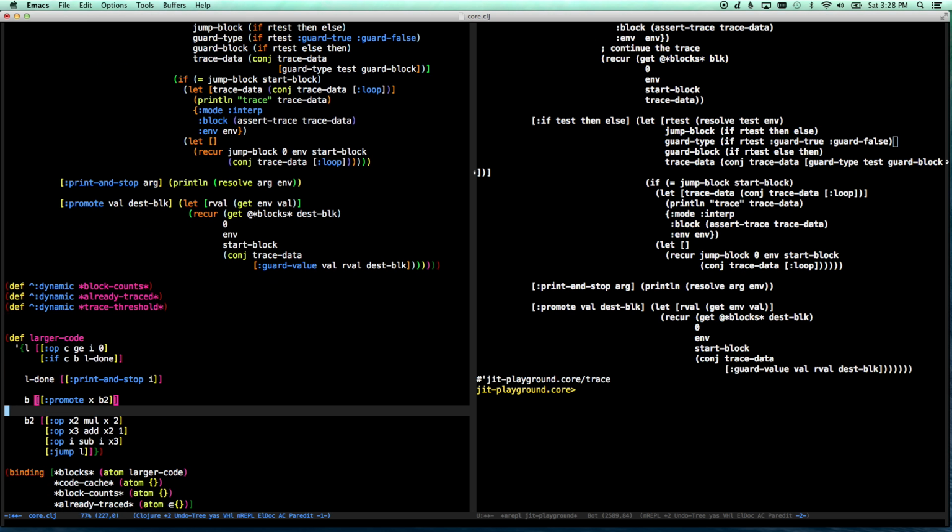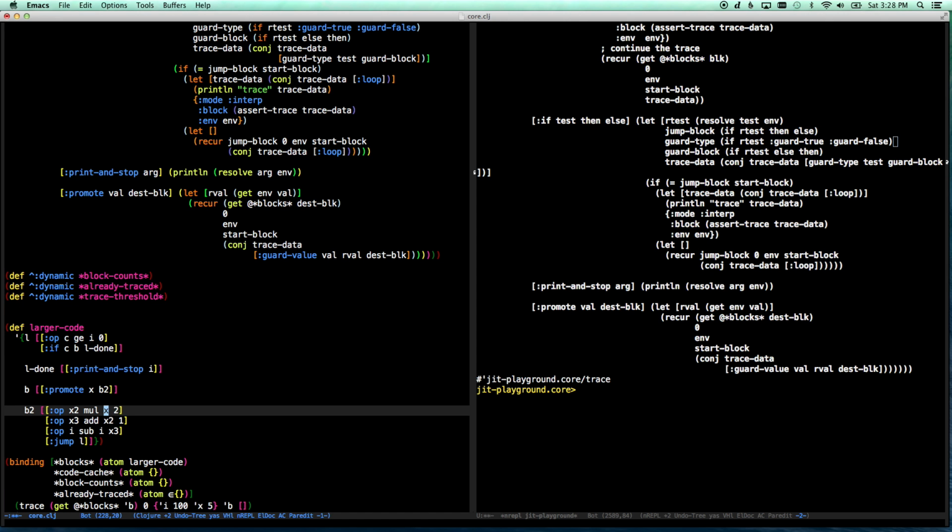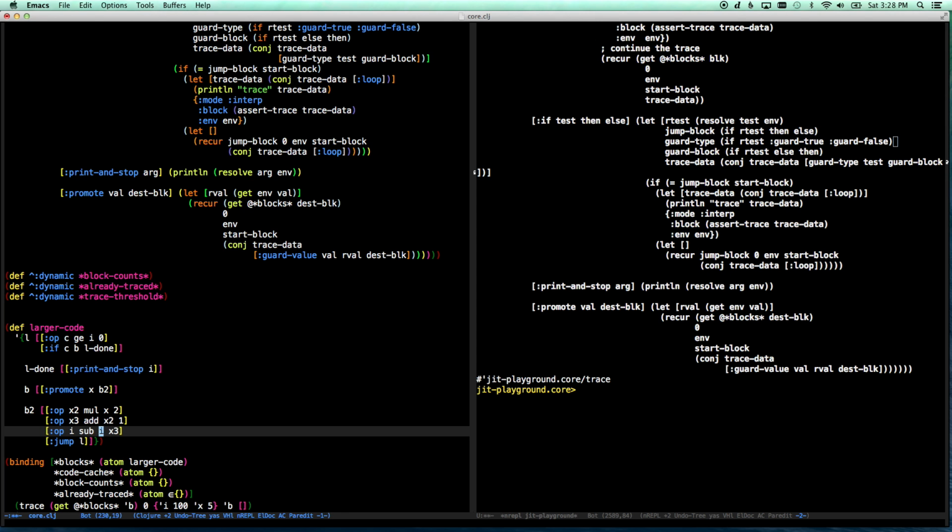So what we're going to do is we have a program here, and we're going to enter right here. And we say promote X, and then jump to B2. Whatever X is right now, we're going to assume that's what it is for the foreseeable future, and then we're going to jump to B2. And then we do some calculations. We multiply X by 2, we set X3 to X2 plus 1,